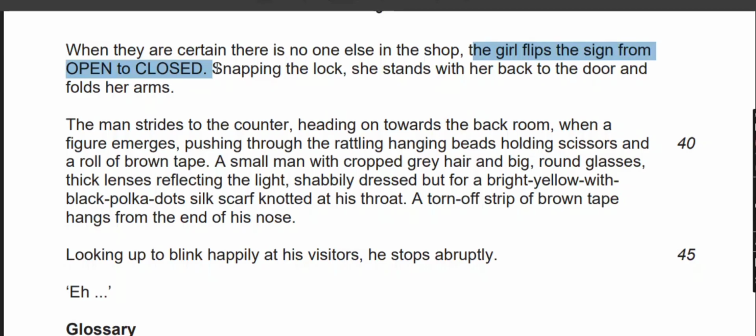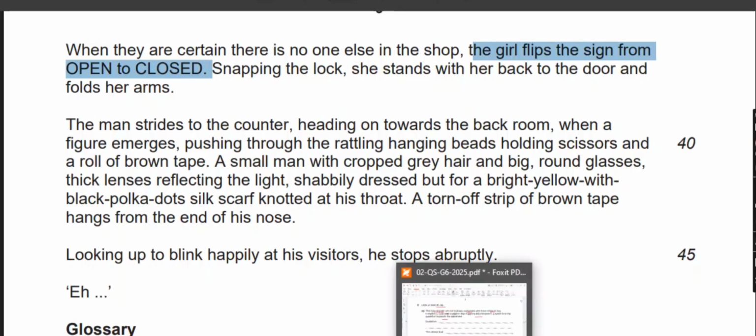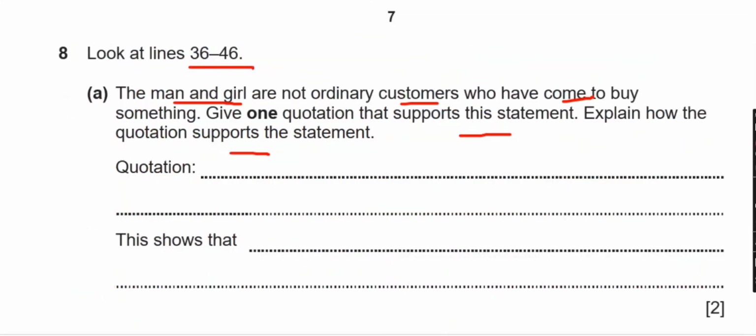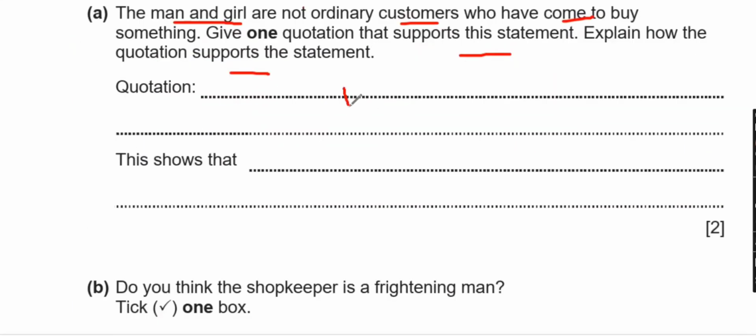Why do they do so? So here we go. Here we have two quotations and two explanations. Okay. Next question. So you can write here the quotation, the girl flipped the sign from open to close, and this showed that they are stopping any other people coming to the shop, which is something ordinary customers are not going to do. So next,